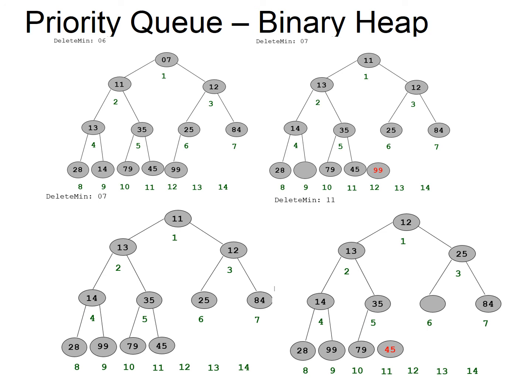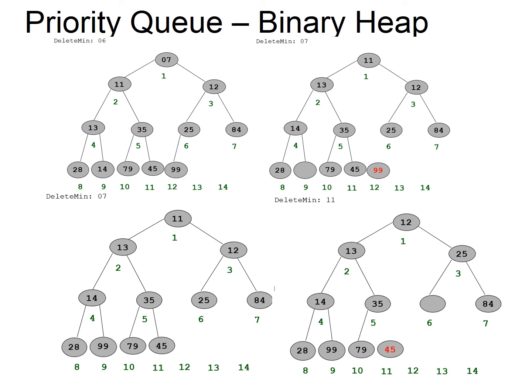Again, two nodes are there for fourth node, 28 and 14. So which is minimum? 14 is minimum. So 14 will go up. So when 7 is deleted, automatically the node structure 12 will be deleted, and I have to find a space for 99. So after shifting up of all the cells, you can see I have a space in node 9. So 99 can be stored in 9th position. So in the bottom left image, it shows after the deletion of 7.